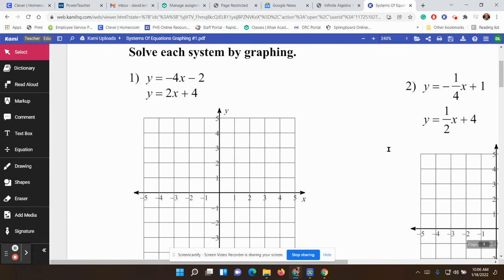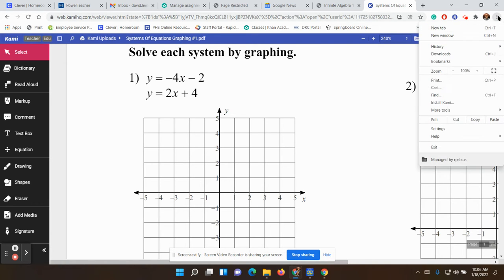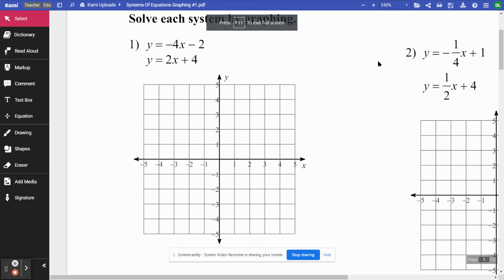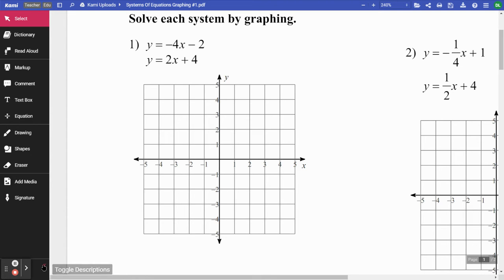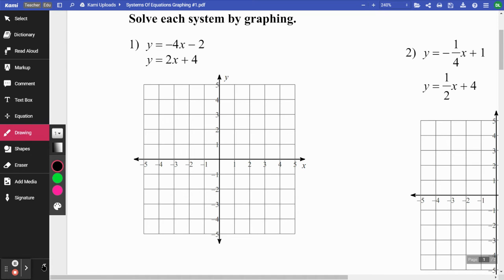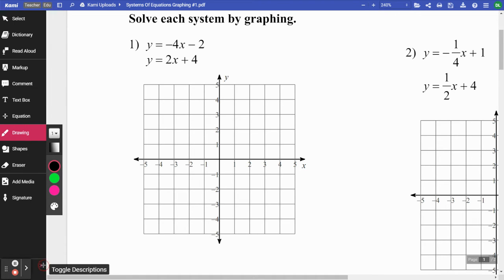All right, so we are talking about solving system of equations with graphing. Solving system of equations with graphing. And ultimately, when we solve system of equations with graphing, all that we are really doing is